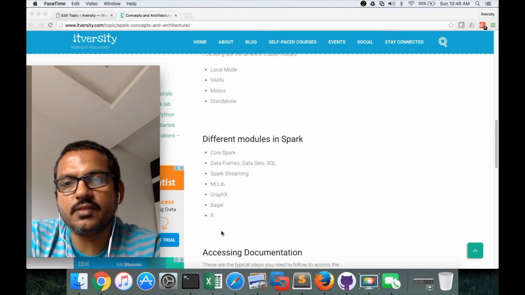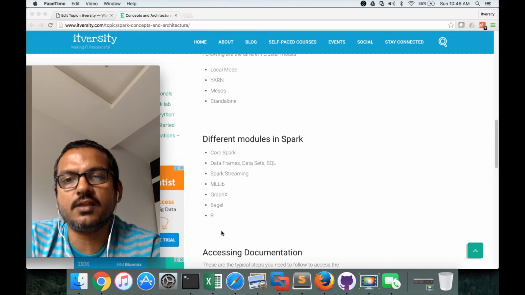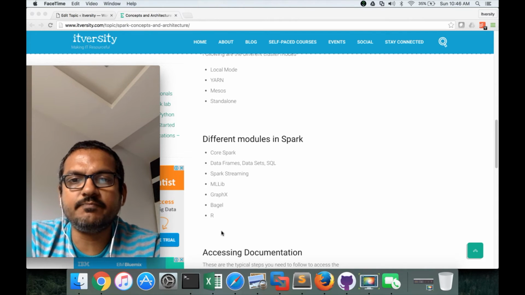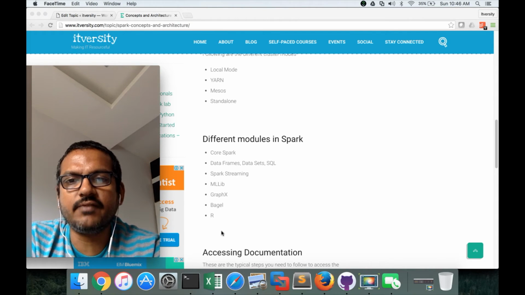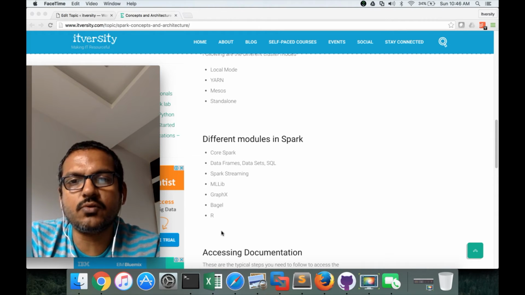If you want to process the data using functional programming languages, you need to understand these core Spark APIs. On top of that, if you can define structure on top of data, and if you are good at SQL, in that scenario you should explore DataFrames, Datasets, or SQL.